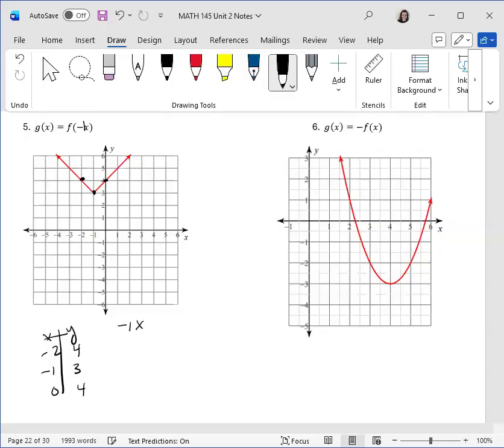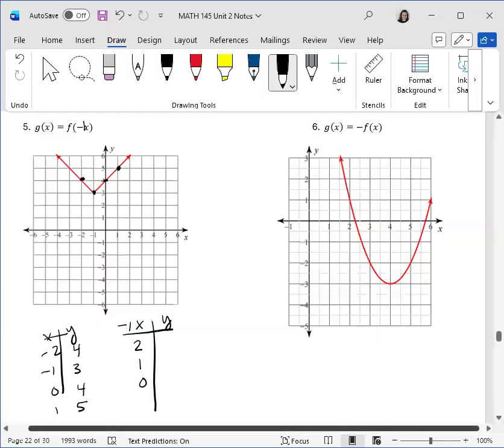Multiplying the X values by -1 is just going to change the sign. So whatever was negative becomes positive, and 0 wouldn't change. And maybe I should add on a positive number coordinate on there. That coordinate is 1, 5, so that we can see if we multiply that positive 1 by -1, it turns it to a negative. The Y values are not changing, so I'm just going to pull those over